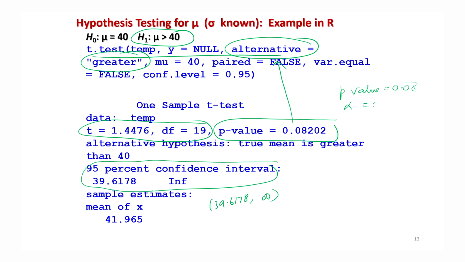Now you can see that this p value here is 0.08, alpha here is 0.05, and your rule is reject H naught if p value is less than alpha. So you can use this and try to take a suitable decision. Whichever hypothesis you consider, they will give you the same conclusion in a different way. Right.